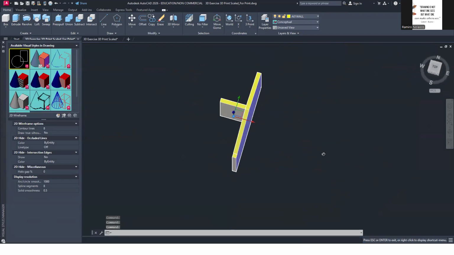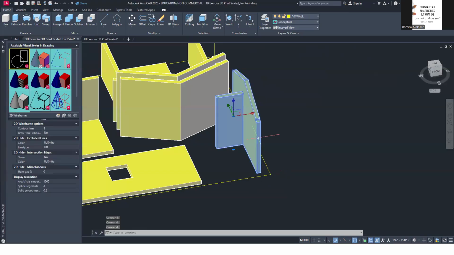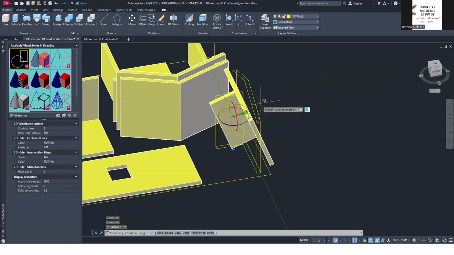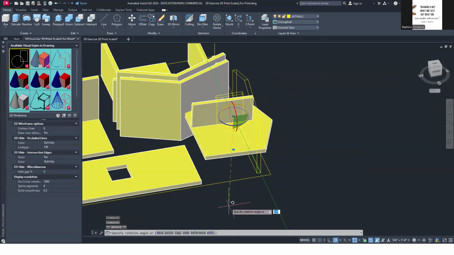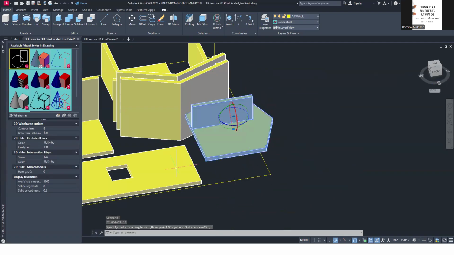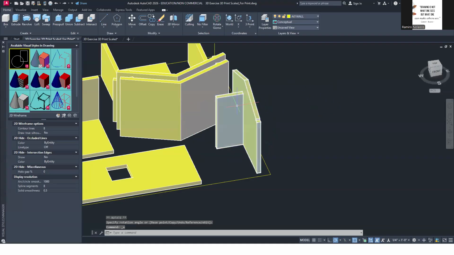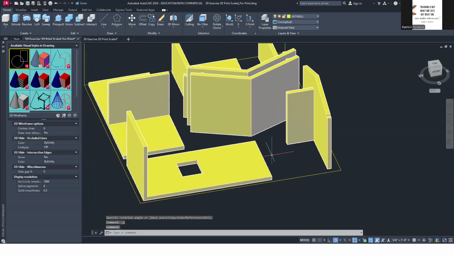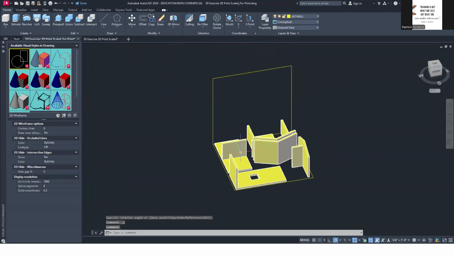And then I realized, wait a minute, I can print it going up. It will not need support. So initially, this was lying down. Okay, lying down meaning to say it was going this way. But then I wasn't able to fit it in my floor. And then I realized, wait a minute, I can print it going up. So that's how I was able to fit it within a 5x5.